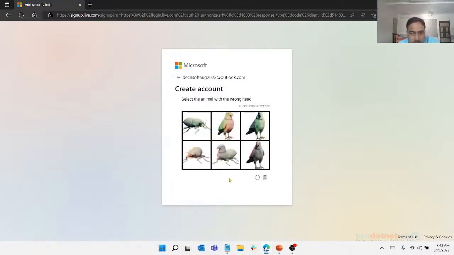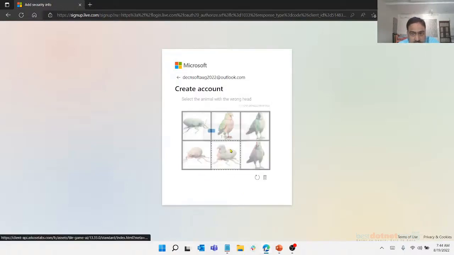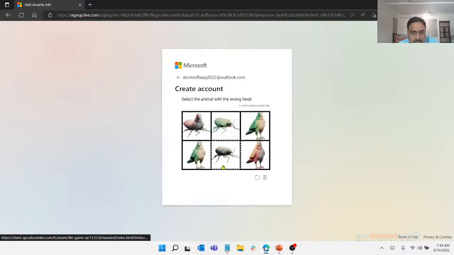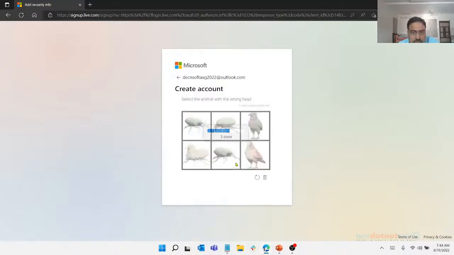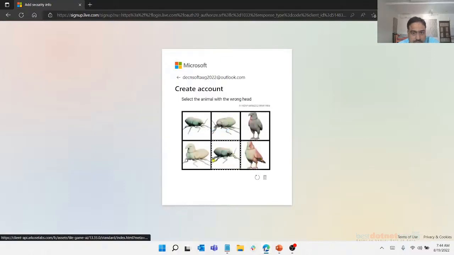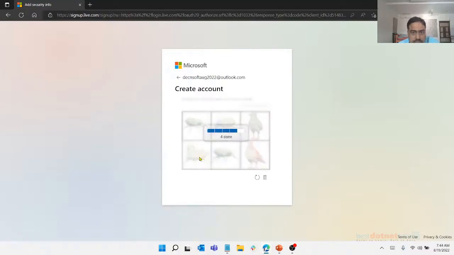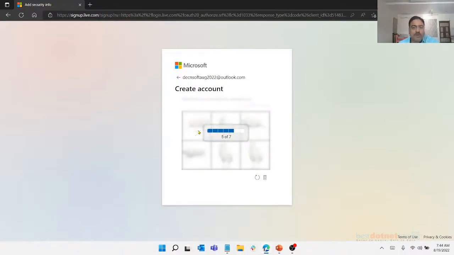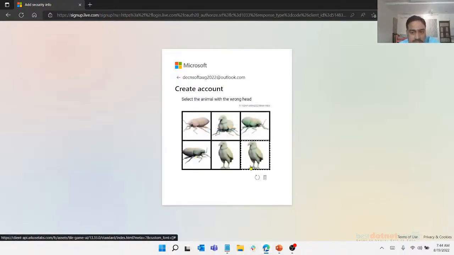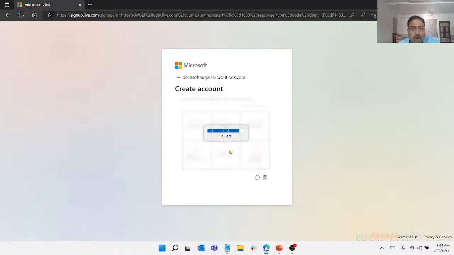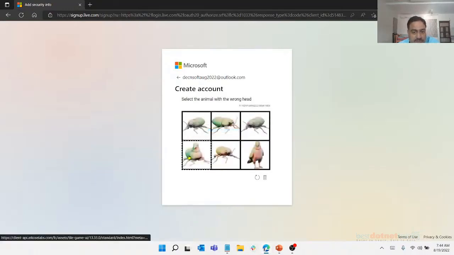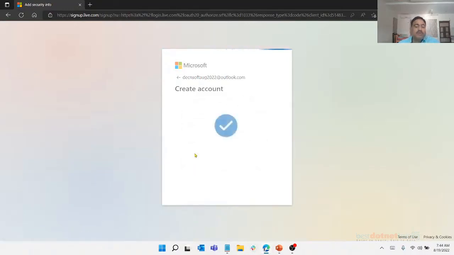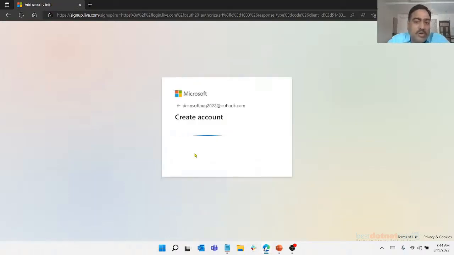Select an animal with wrong head. These are always challenging to me. This particular thing is done to avoid bots trying to register. Microsoft doesn't want bots to register onto the account.